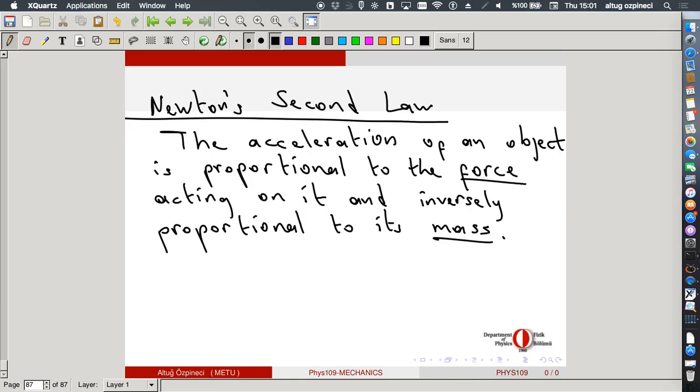Now, from this law, you can say that the force is anything, any effect, any phenomena that causes acceleration. That is what we call the force. Now, this law we can also write mathematically in this way: a equals F over m, or F is equal to m times a. So force is anything that causes acceleration, and we can measure the force by measuring the acceleration of the object and multiplying it with the mass of the object. So this second law is, in fact, the definition of the force in a sense.